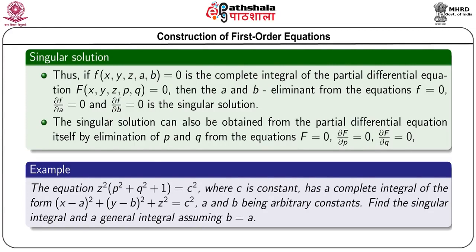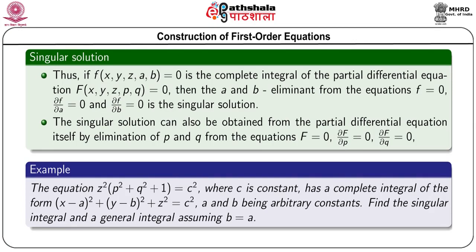And there is another way to find the singular solution from the given differential equation capital F(x, y, z, p, q) equals 0. From the given differential equation, one can eliminate p and q from the equations capital F equals 0, del F del p equals 0 and del F del q equals 0, and that equation is the